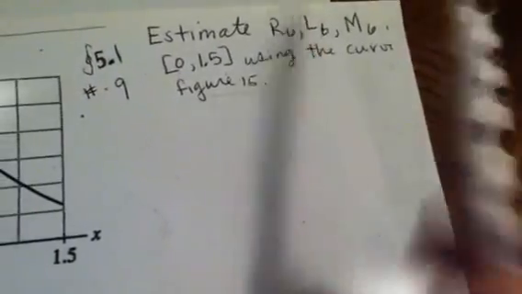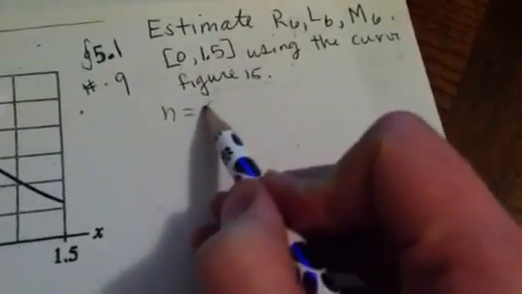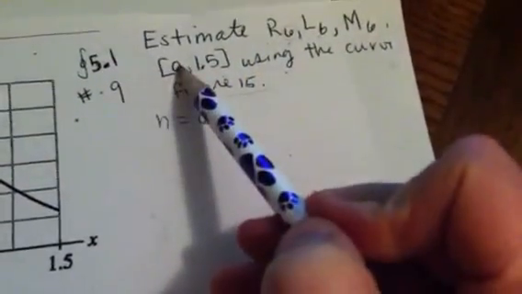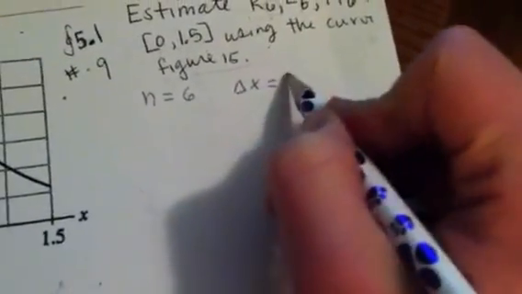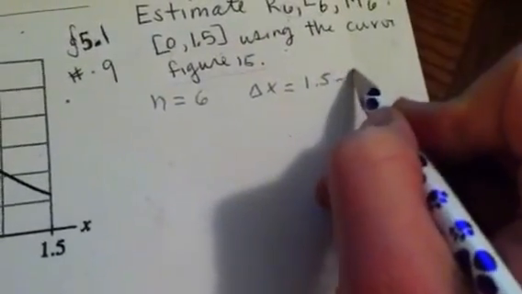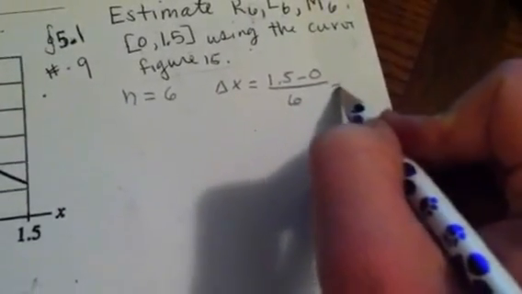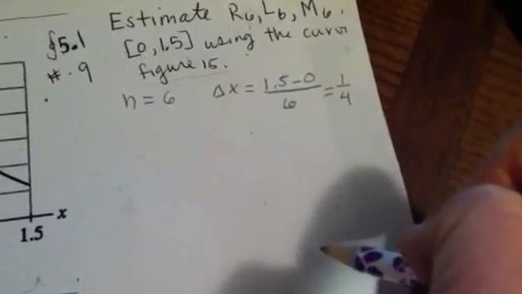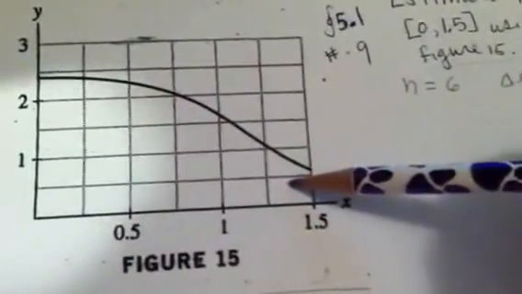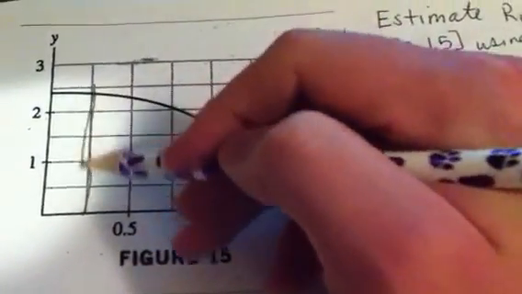And these little sixes here mean we are going to use 6 subintervals, which means our n is equal to 6. Since we have the interval from 0 to 1.5, our delta x is then b, so 1.5, minus 0, which is a, all over 6. And that's equal to 1/4. Okay? So here is a blown up picture of figure 16, and we will have intervals of 1/4 of a length in width,